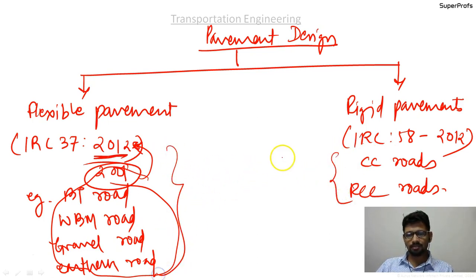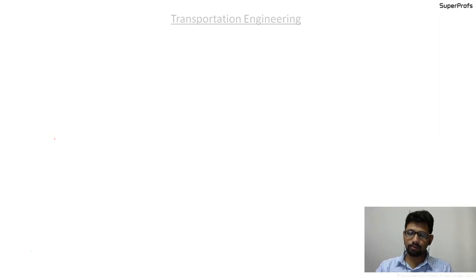So what is the major difference between these two? You see there are different materials being used, and there is steel involved in this, but there is no steel in this. Still the names are different. Is there any good, solid reason for this? Yes, the reason is the load transfer mechanism.